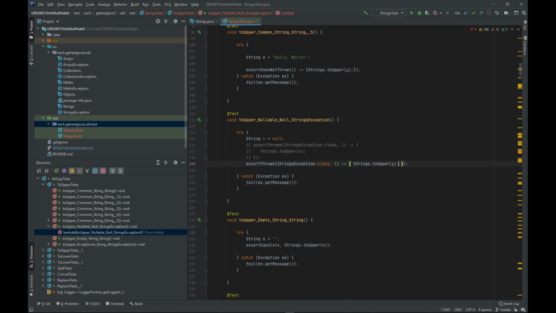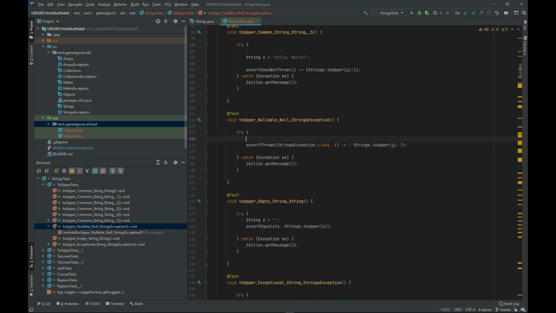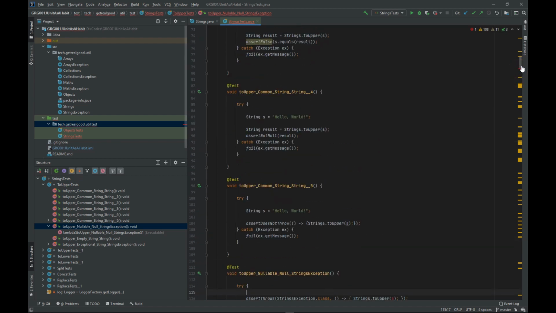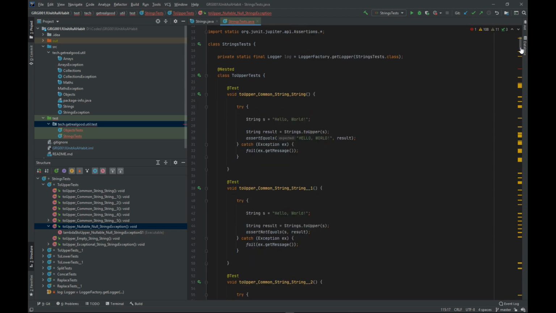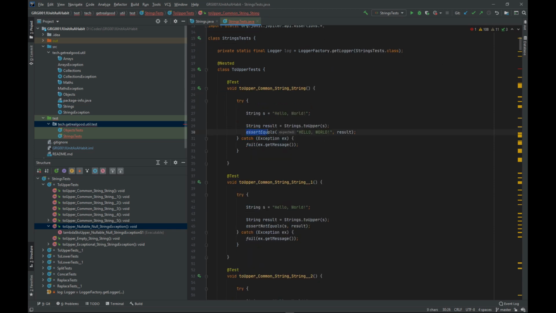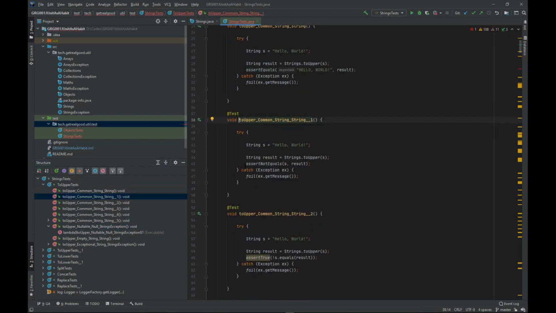All right. And this shall be our line. So at this point, we have covered the following static methods of the assertions class: assert equals, assert not equals, assert true, assert false,